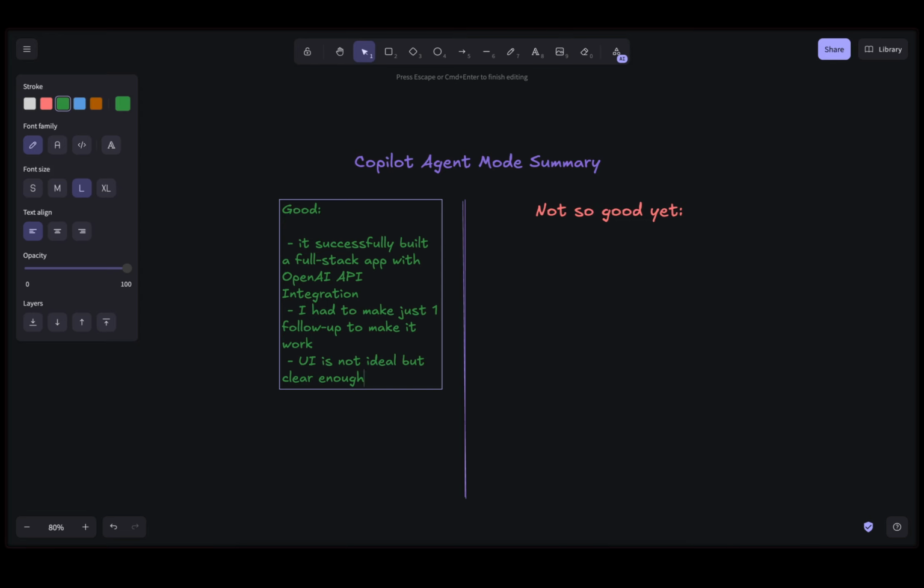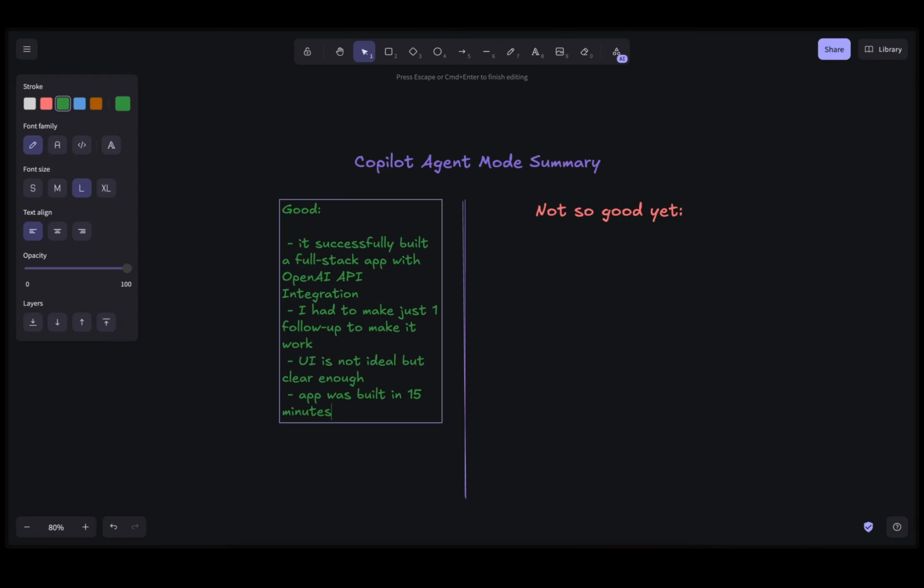There could be some improvements, but in general the UI is cool. And the next thing, really important, is that this app was built in around 15 minutes. I don't know how much time it would take me personally to build such an application. Maybe I will do such an experiment in my free time, but I am sure it definitely will take me